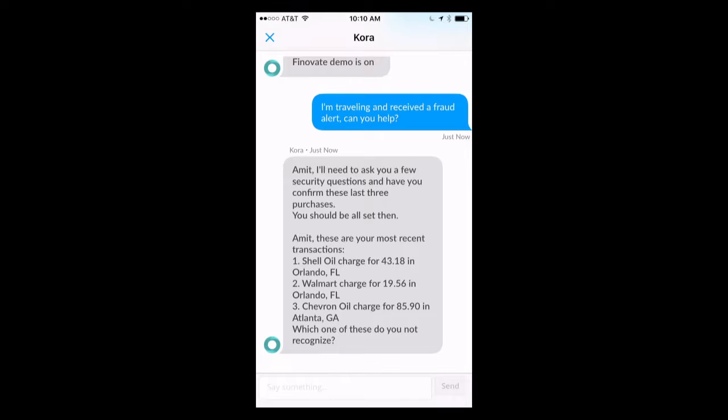I could have gotten that alert and inquired about that right through this bot, but I'm also showing to you now how I could have initiated the query as well and said, hey, I think I just got a fraud transaction. Take a look at the various transactions that I have. From here, then I can just interact conversationally with the bot and with the system. So without having to know what fields to fill in and et cetera, I could say all kinds of different things here. I was just going to say the last one.